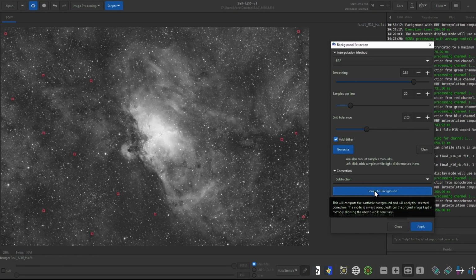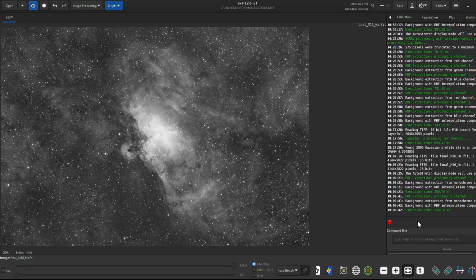Let's see if the image looks better by toggling the Show Original Image button. I think the background extraction did a pretty good job. So let's click Apply. I want to stretch the image now, so I'll select Image Processing and Generalized Hyperbolic Stretch